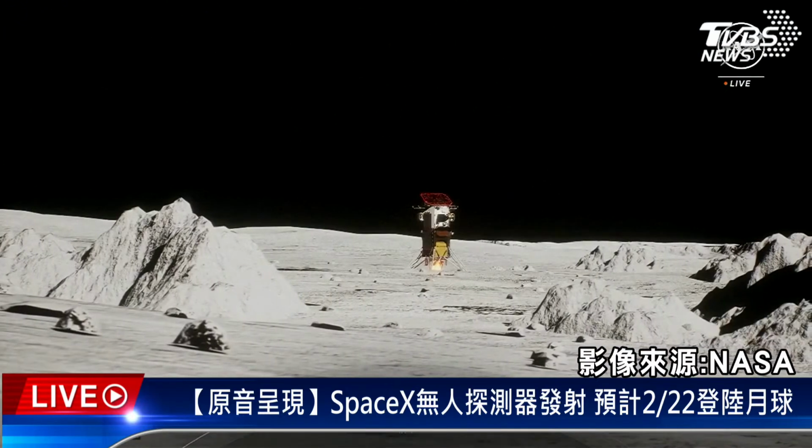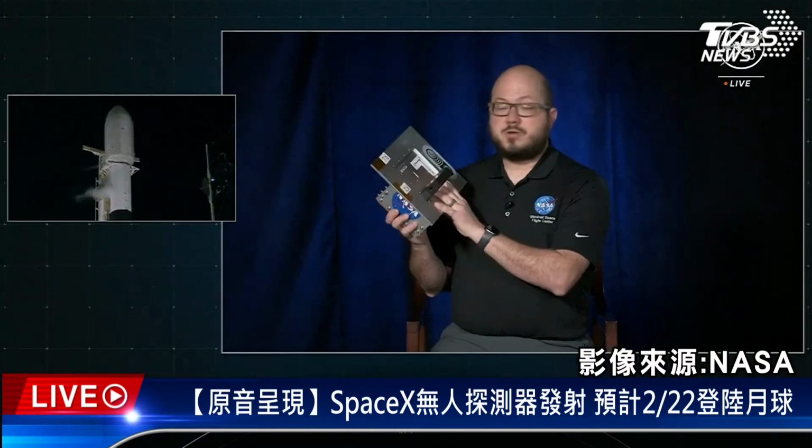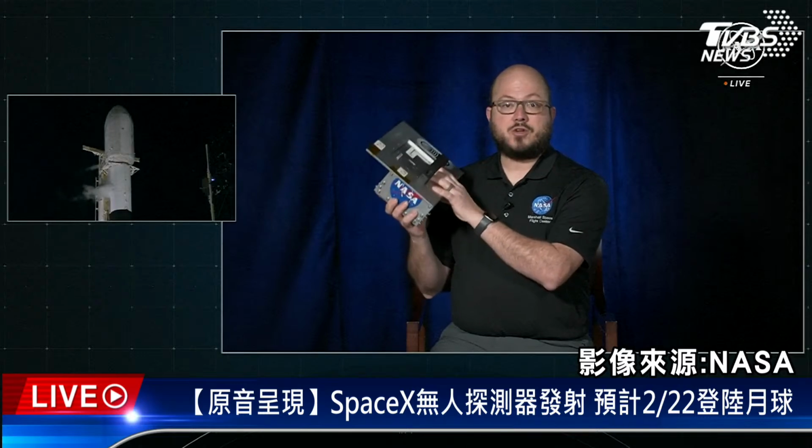Lunar Node 1 is meant to be a demonstration of how we can use various navigation technologies to figure out where you are in and around the moon. I'm holding in my hands the Lunar Node 1 mass simulator. We use this build to test out our vibrational modes, put on a shake table, and also do fit checks